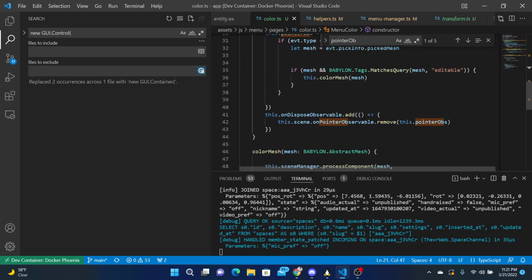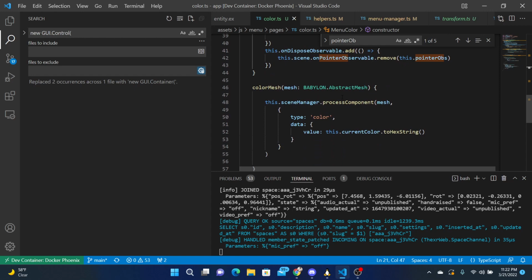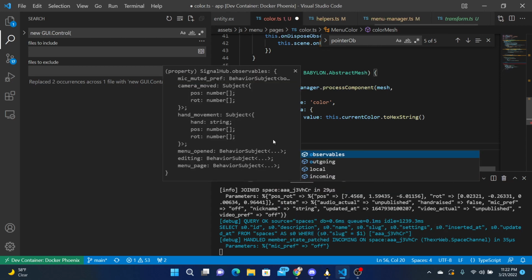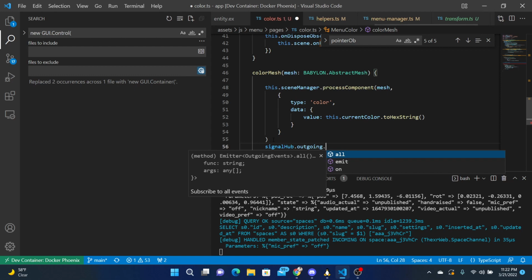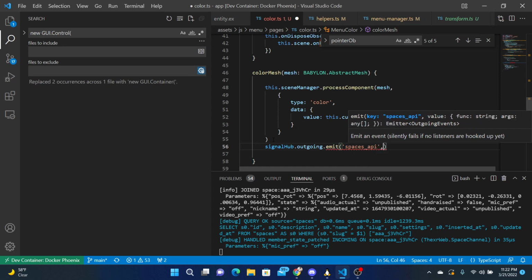Now we need to announce that, right? So we could have, instead of doing that, color mesh, and also just announce it. So signal hub, outgoing, uses the emit with the spaces API, and the function call is